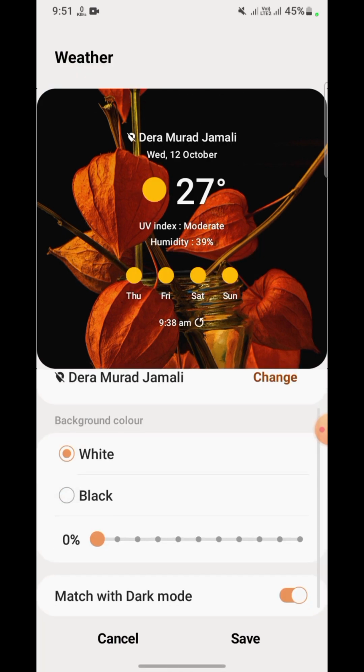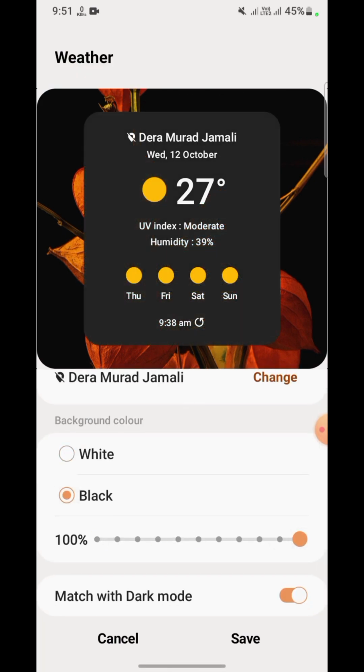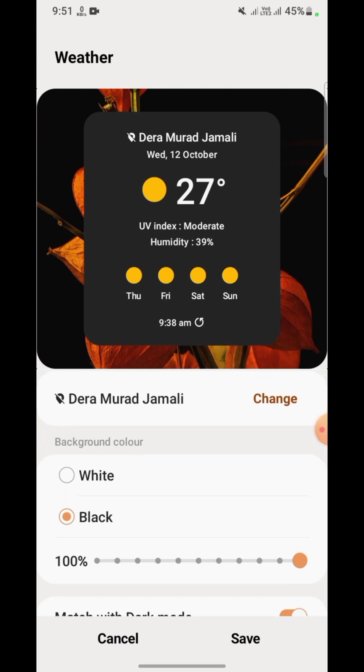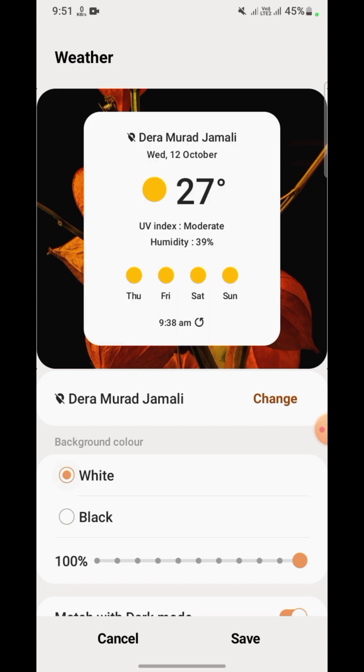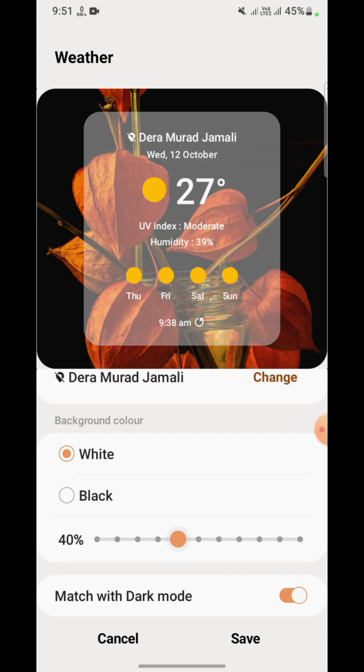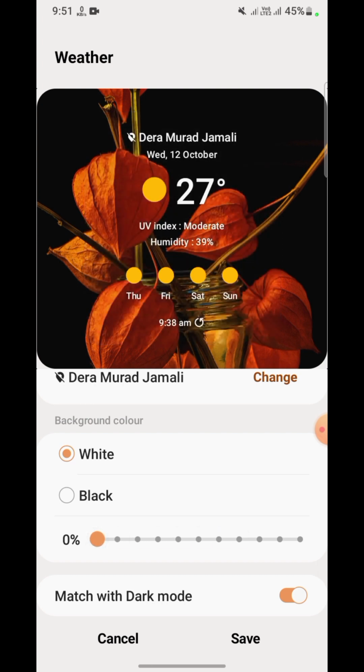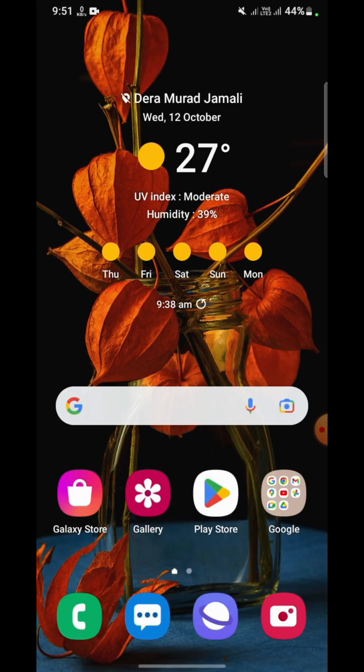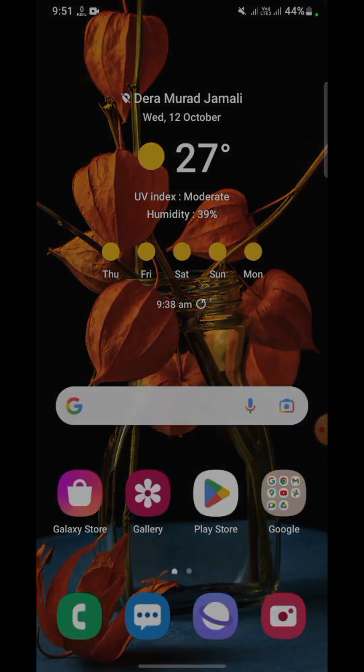Now customize your weather widget. If you like the black widget, tap on black and apply the black widget. If you like the white widget, tap on white and apply the widget. I like the transparent widget. I apply the transparent widget and choose a good wallpaper from the